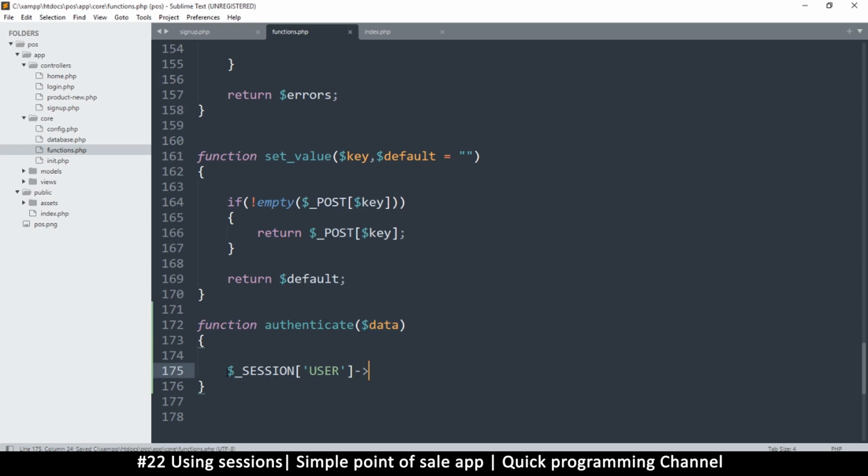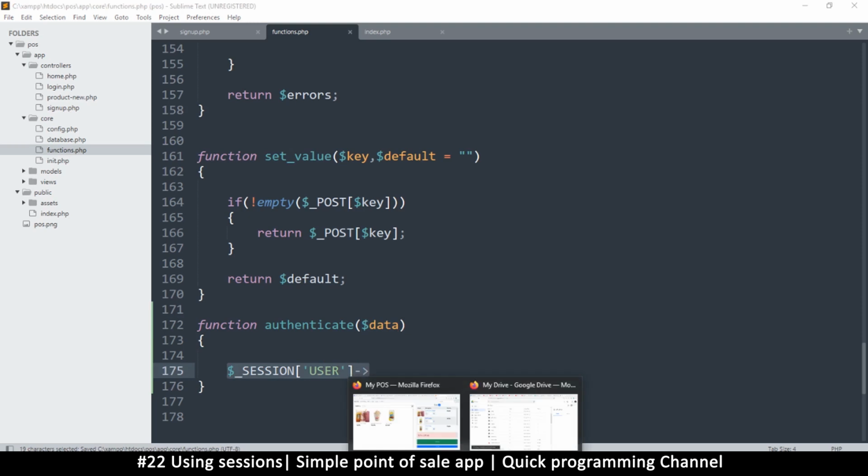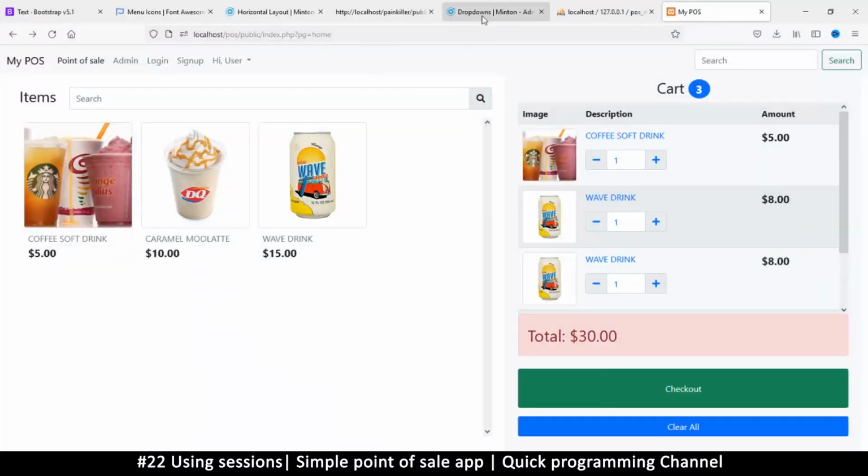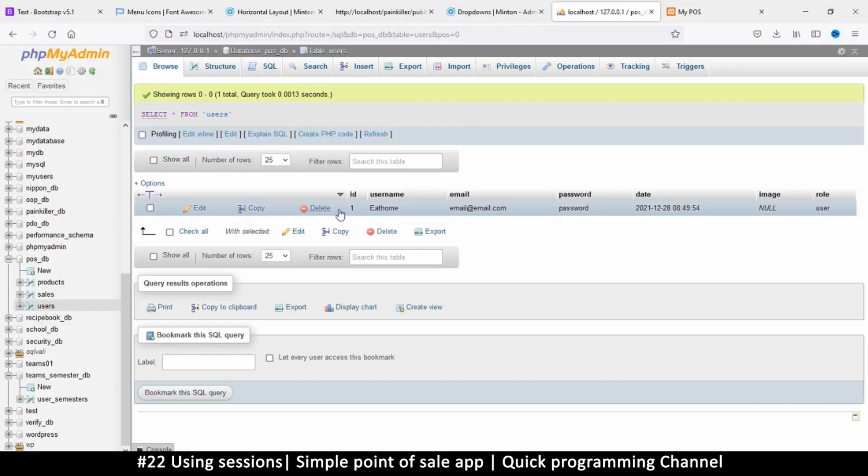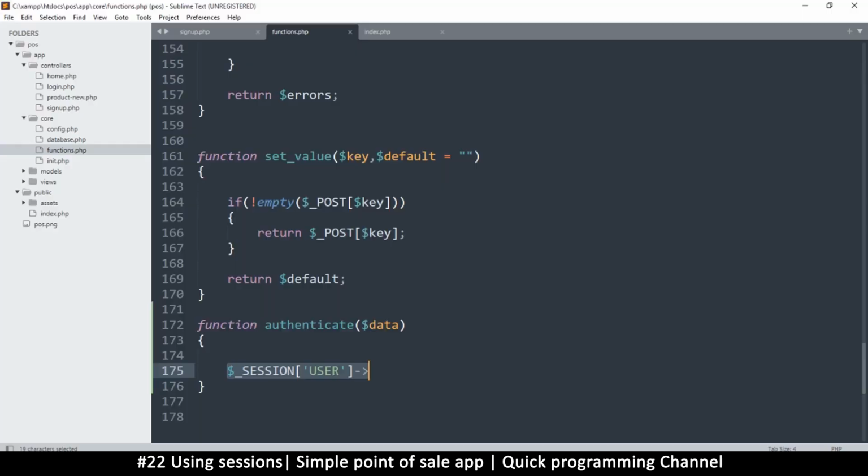Now, what we want is a row of the user so that we can access any information about the user. So we just want to grab this entire row of the user from here. Now, the user will supply an email and a password. That's all they will supply. So we need to use the email to capture this row. So what I'll do is we'll need to run a query, and I will create a query here and say